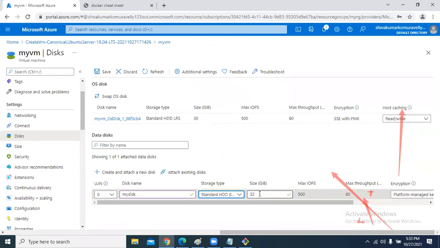Here the minimum capacity is 32 only. In AWS we can have even 2 GB or 3 GB of new hard disk, but in Azure, the minimum capacity will be 32. Here 500 IOPS means this is hard disk speed. Hard disk speed can be measured in IOPS. Since it is hard disk drive, an ordinary disk, the maximum IOPS is 500 only. Now just click on size, save, so that a new disk will be created and attached to the existing VM.